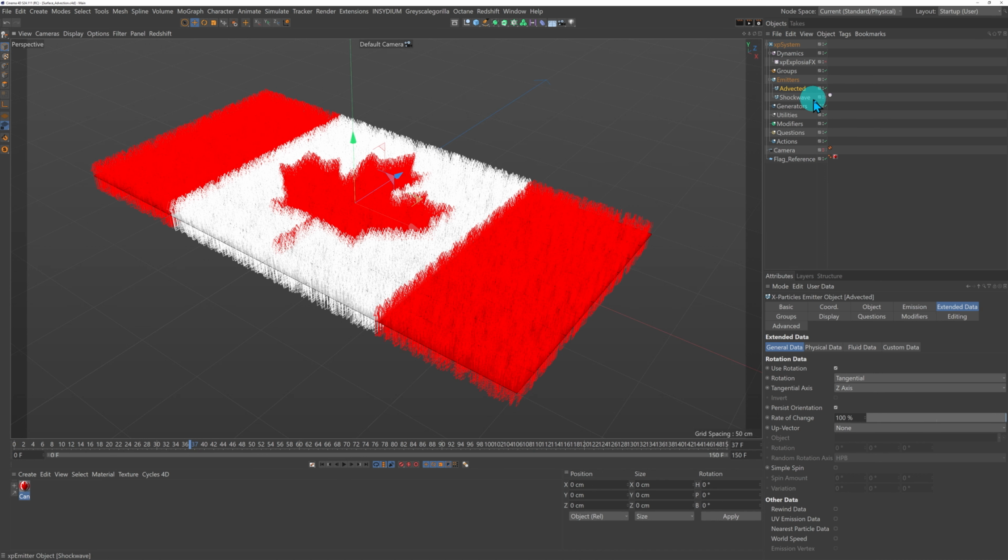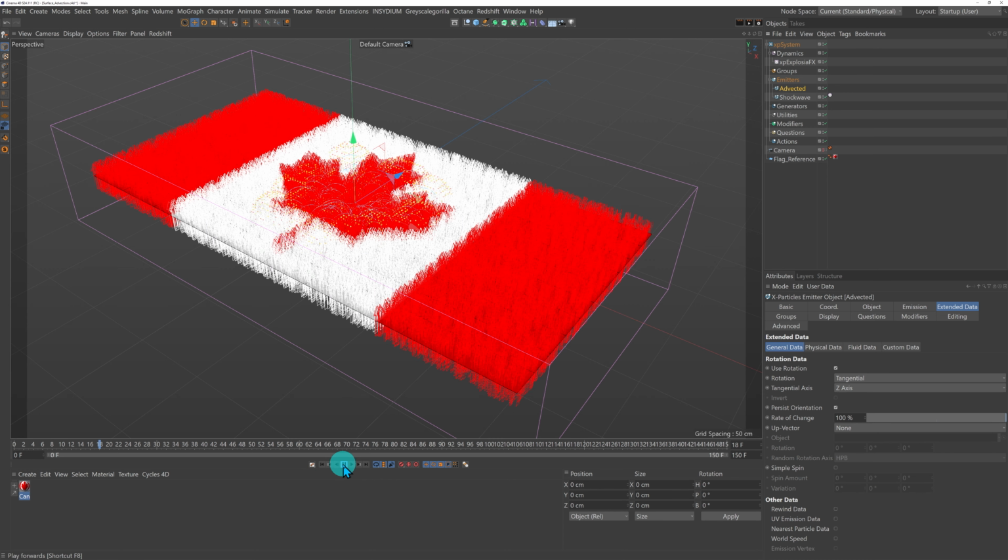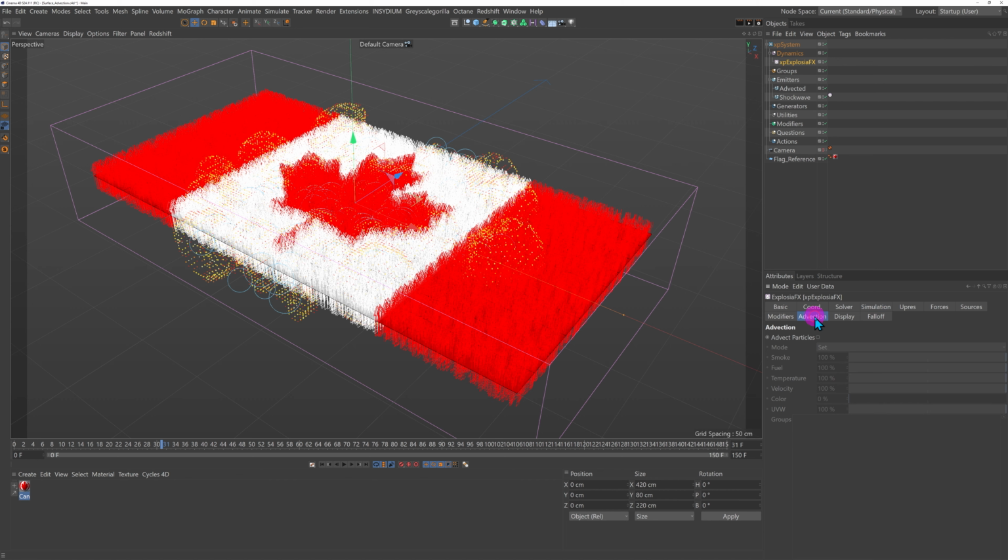Okay, so what I'm going to do is bring in the Shockwave again, and let's just come back to the beginning here. I'm going to bring in the ExplosiaFX, and if I play this now, nothing's going to happen. What we need to do now is tell ExplosiaFX to advect the particles. So we come into ExplosiaFX, and there's a tab called Advection. All you need to do is just check this box,